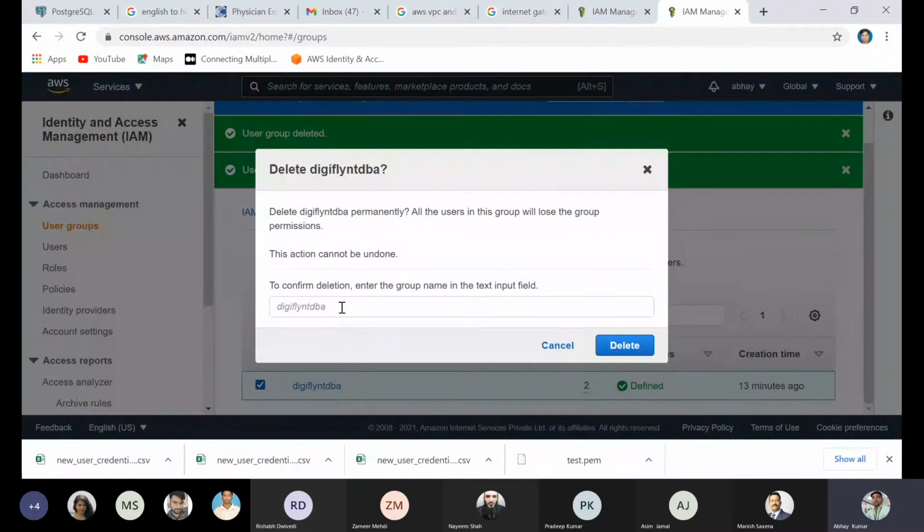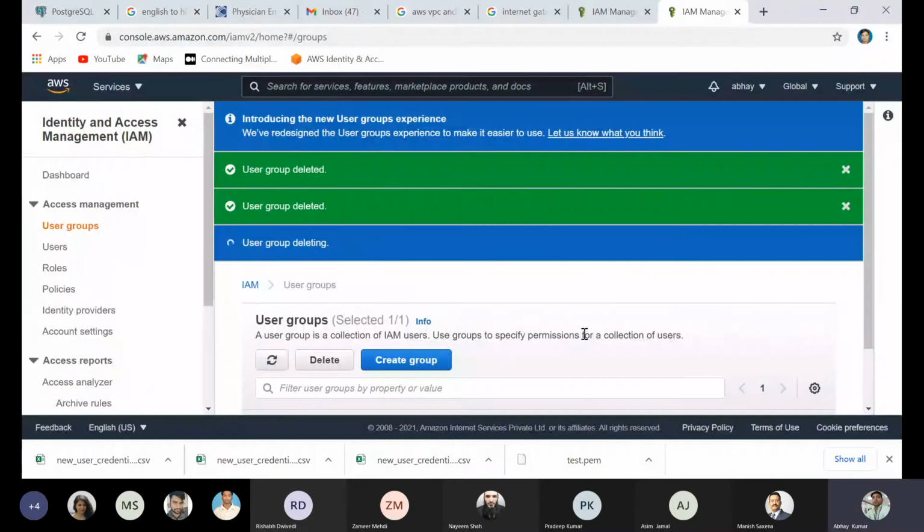You have to type the name, DBA. Yeah, so this way you can create and delete.